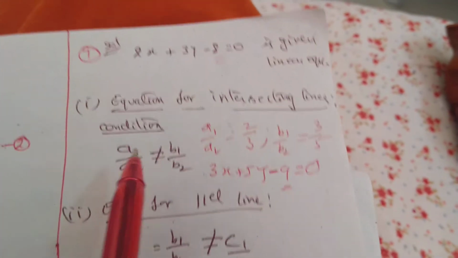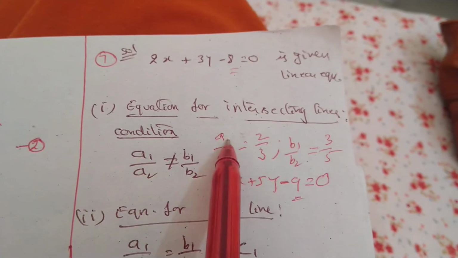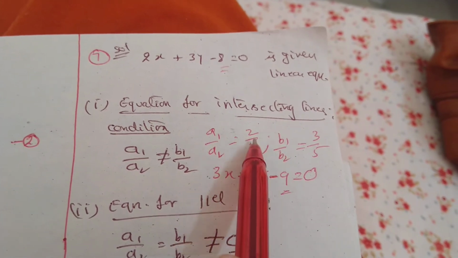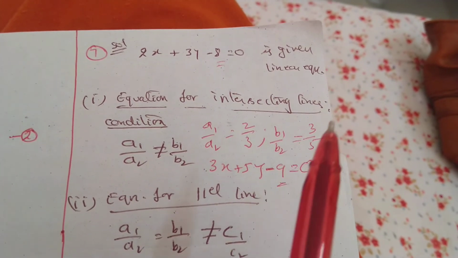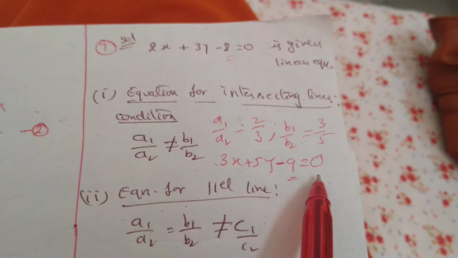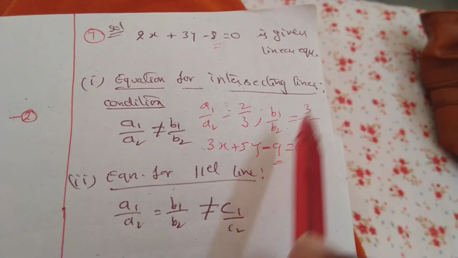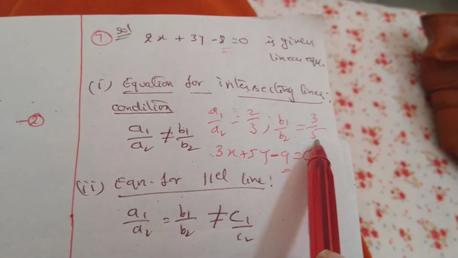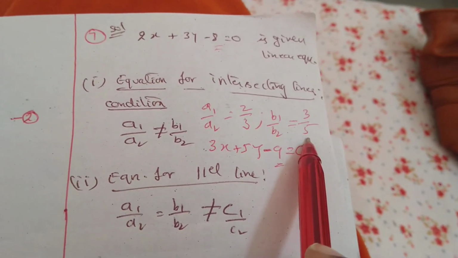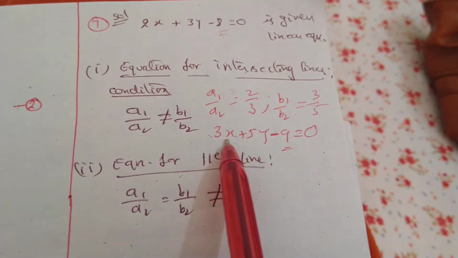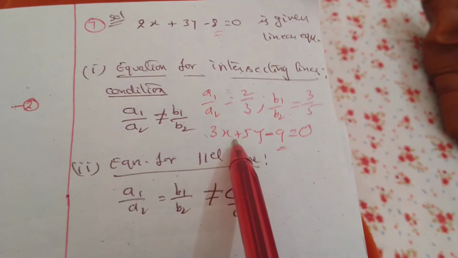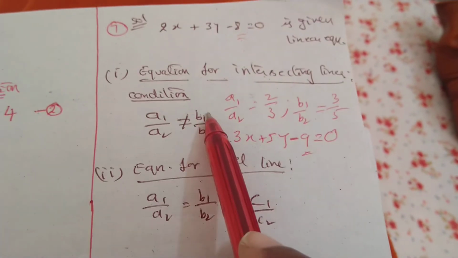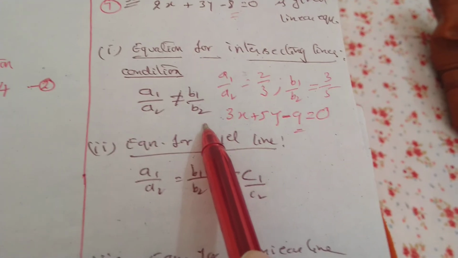So what did I do? I just have taken A1 and B1 which are given, and I have chosen A2 and B2 in such a manner that A1 by A2 should not be equal to B1 by B2. Done. So thus this is the equation. So I may get one equation, you may get another one. Suppose I take it as 2 by 5 here, it can be 3 by 2 here. So not an issue. The problem here is that you should have another equation in such a manner that this condition, that is A1 by A2 not equal to B1 by B2, must be satisfied.